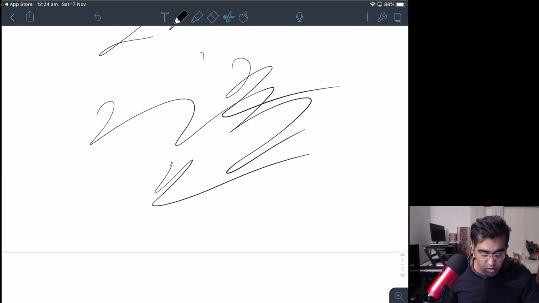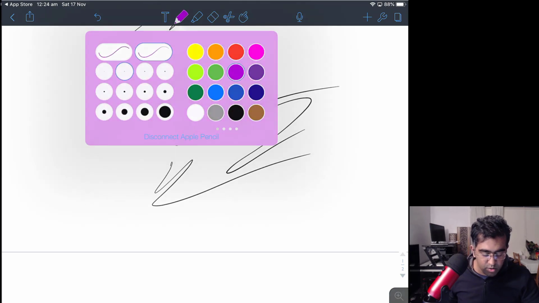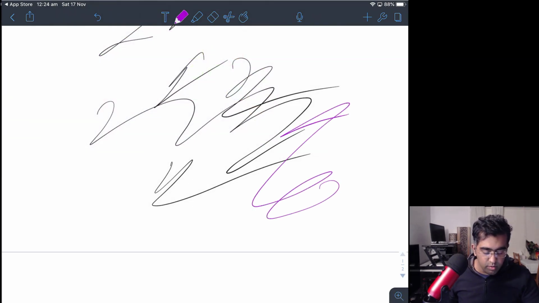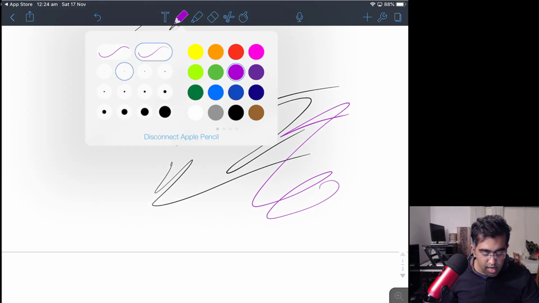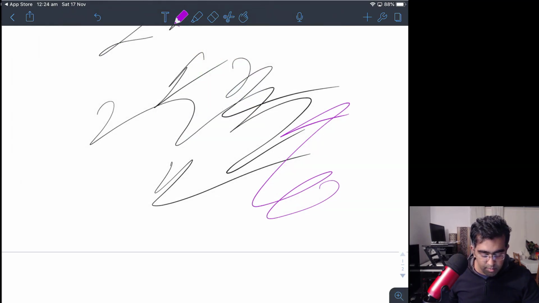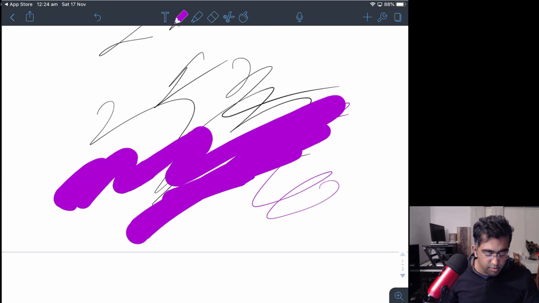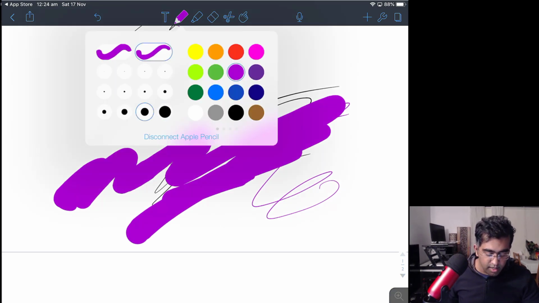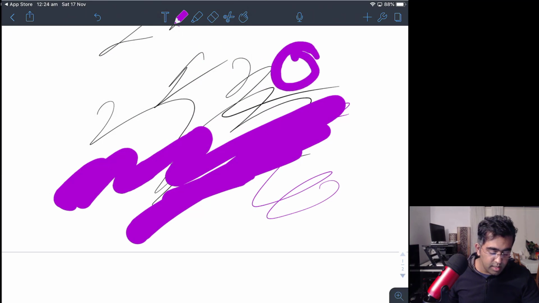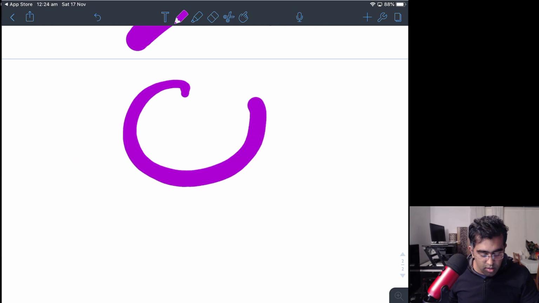Okay, so here we have a pen tool. We can tap, change color, write with different colors, and we can have a thicker pen tip. So right now you can see if you are drawing something, then you can have a thicker one, okay, and then you draw something. Oh, that's nice, let me draw something for you, like this,